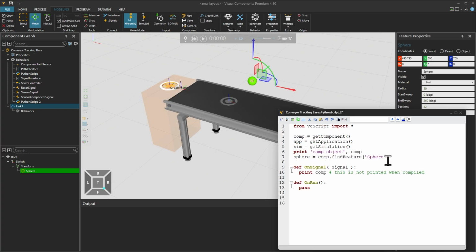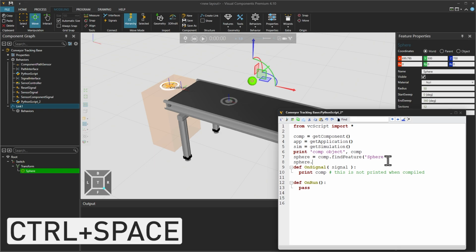The internal editor allows you to use autocomplete to complete a line of code. When you write, for example, sphere, and add a dot notation after the object, a drop-down menu of its properties, methods, and events appears. And after the menu is closed, you can reopen it anytime by pressing Ctrl+space.